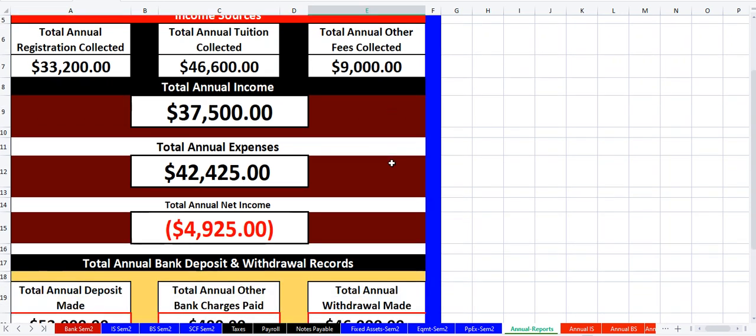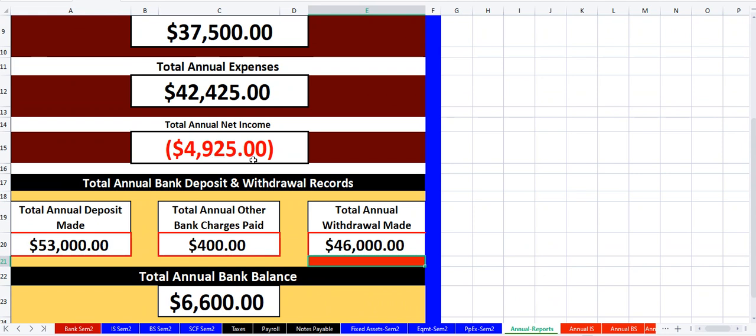All right, 9,000. So we come here now. We say because the first semester we collected 6,000, second semester we collected 3,000, so that's 9,000 accurate. Then the total annual income is 37,500, and then the total annual expenses for the 2,425. You see there? So we operated at a loss,